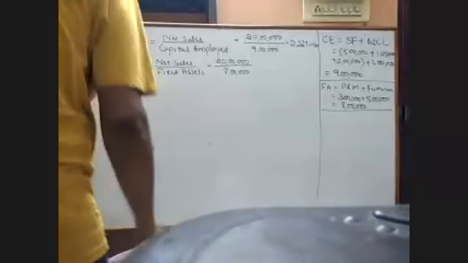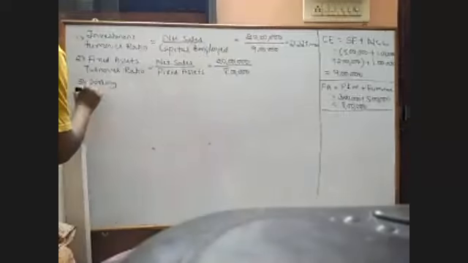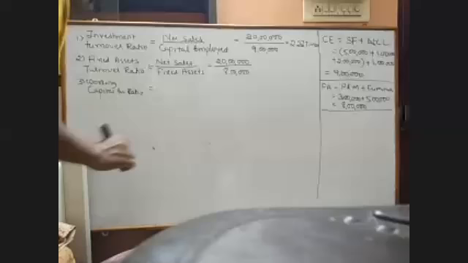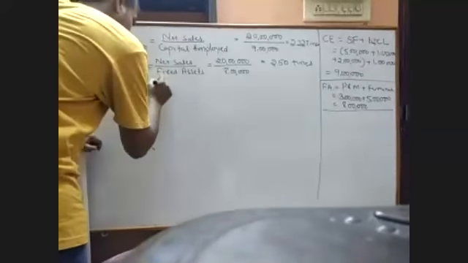Next, working capital turnover ratio. How much will it be? 20 lakhs divided by 8 lakh? 2.5 times, sir. The next is working capital turnover ratio, which is equal to